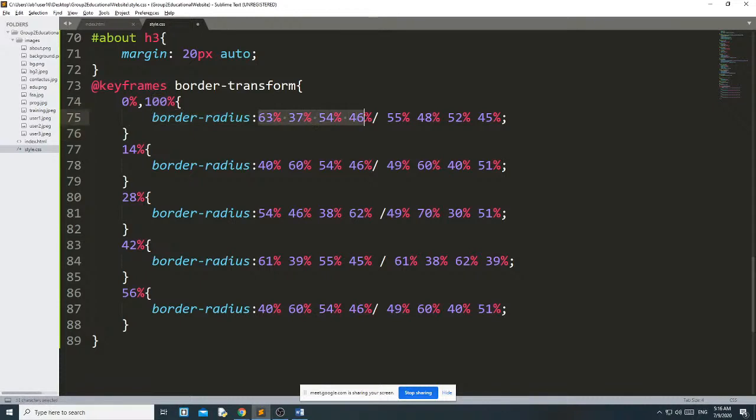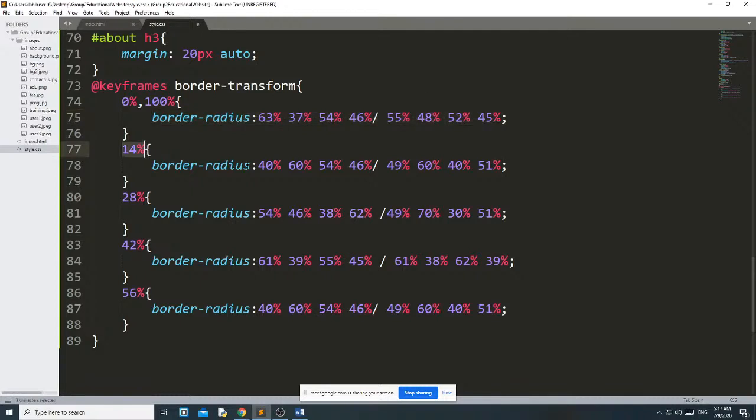The first 4 values apply when it moves clockwise, and the next 4 apply when it moves anti-clockwise. The first 4 are top, bottom, left, right, then again top, bottom, left, right. Then from 0% till 13% this one will work.